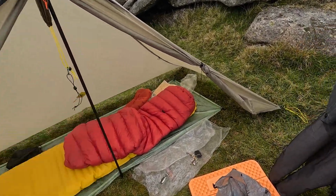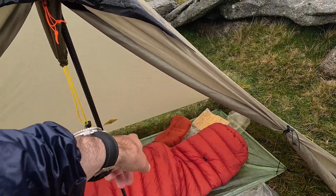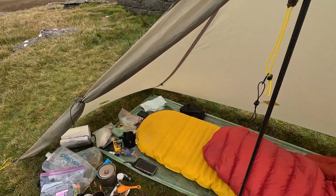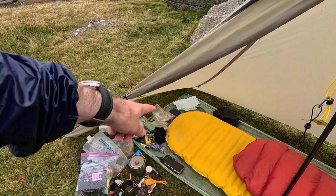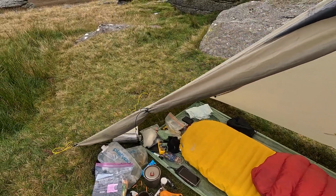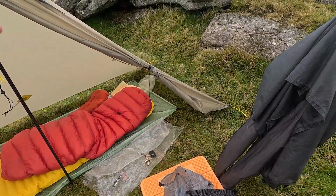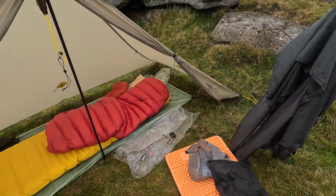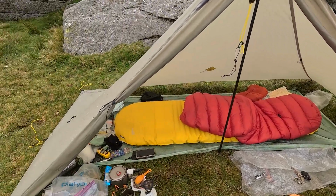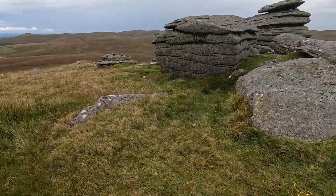It looks a bit messy, but it's really not that bad. It's just a mat down there, pillow, obviously sleeping bag, mat, that's all that's there, and then just a few bits and bobs there. It's really not much. Most of it will fit in that bag there, which will then just go in the pack quite easily. So it's really not that bad. And then